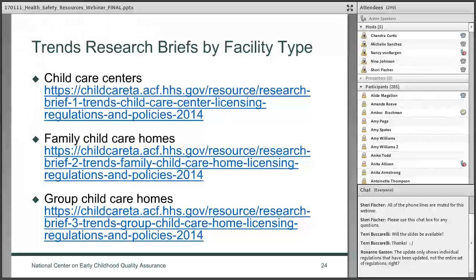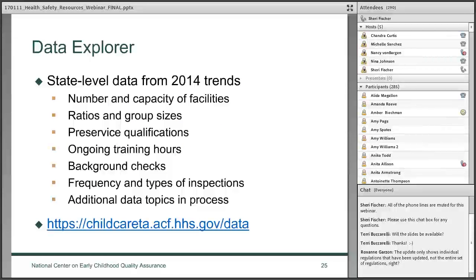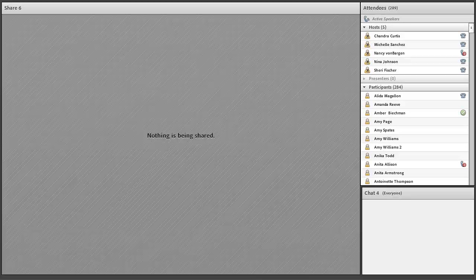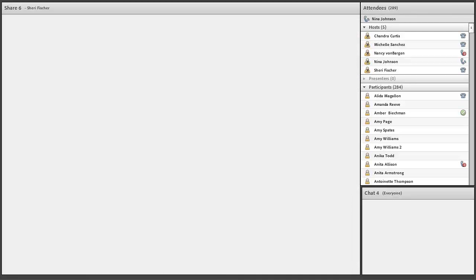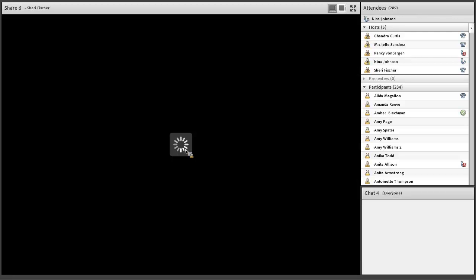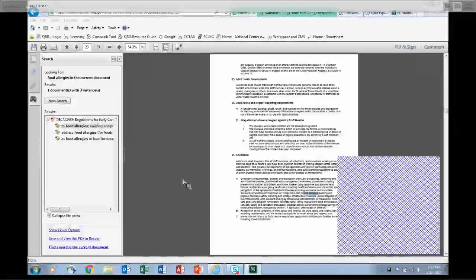We have another tool called Data Explorer that includes some 50 state level data from the 2014 trends. And I'm going to share my screen again and show you how that tool works. So Sherry, as you're pulling that up, I have one specific question I'd like you to look up on here if you can.